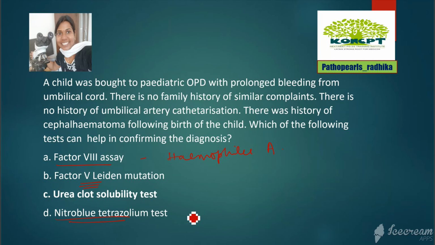Next is NBT test. NBT test is done in case of chronic granulomatous disease, which is due to NADPH oxidase deficiency. Okay, so even if you don't know, blindly look at the question, you have bleeding manifestation. So the two, like umbilical cord bleeding and cephalhematoma. When you have hemophilia, you will have bleeding in the joints, right? Then you know factor 5 Leiden causes thrombosis. So these two are ruled out, and this of course you would have learned it seen in chronic granulomatous disease. So even if you don't know, just try to exclude the other options.